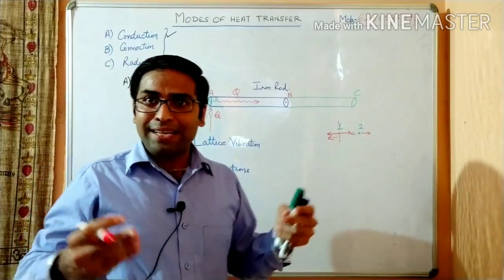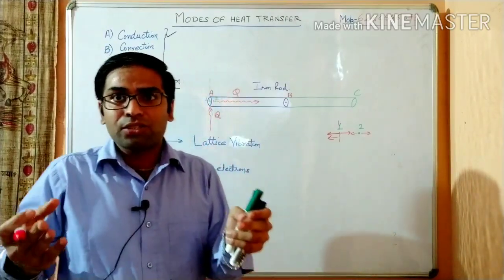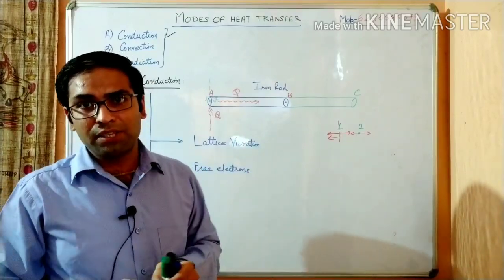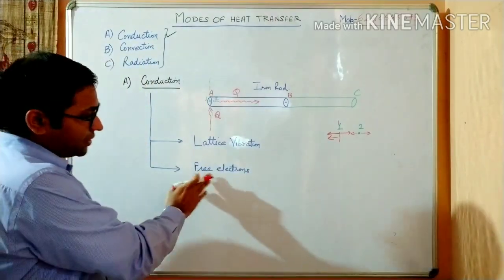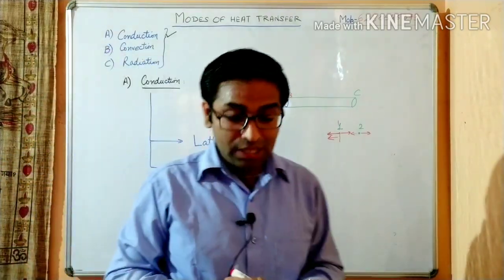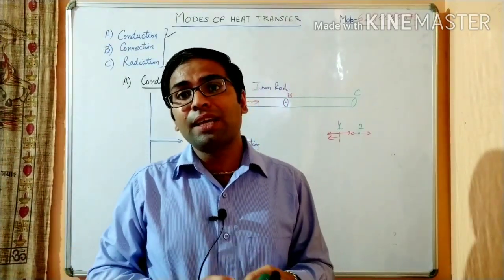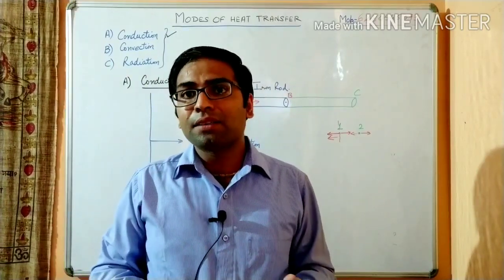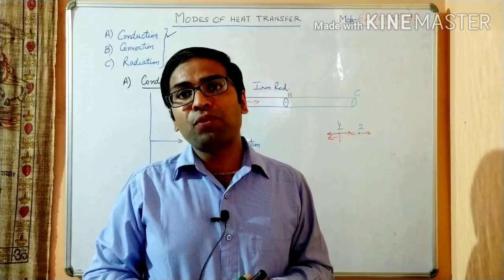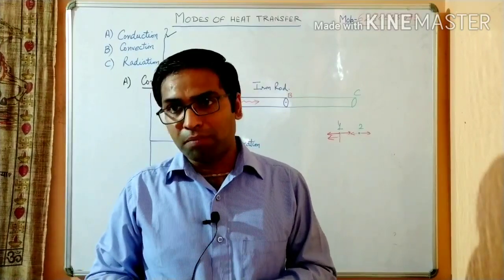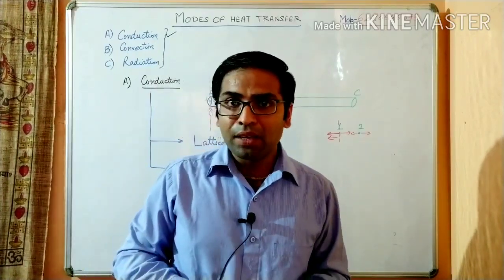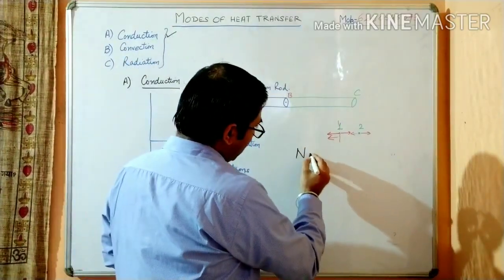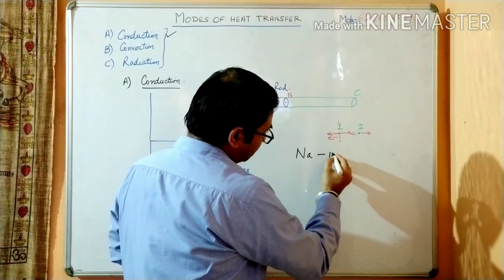And of course, when a proper, oriented lattice structure is present, like in the solids, the conduction will take place. The second thing is presence of free electrons. Now this is present in case of metals only. The metals are the materials which have free electrons in their outermost orbits. What free electrons are? For example, let us take an example of sodium. Sodium, we know it is a metal, atomic number is 11.